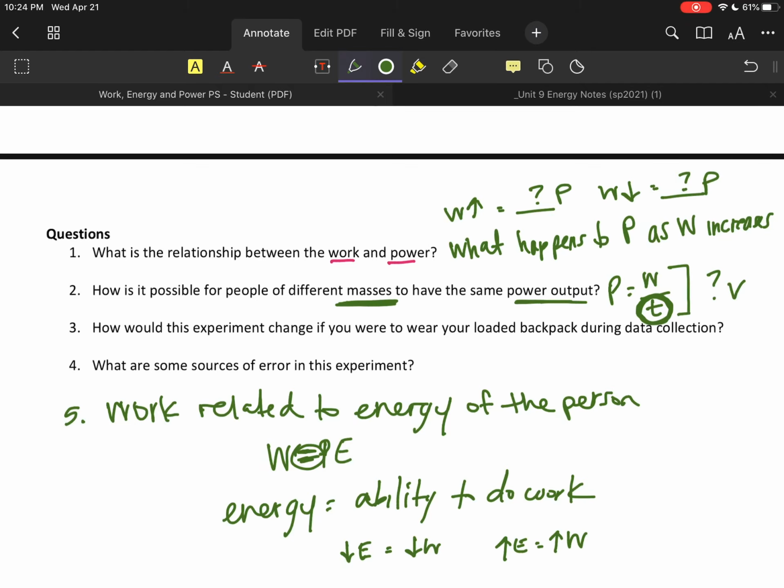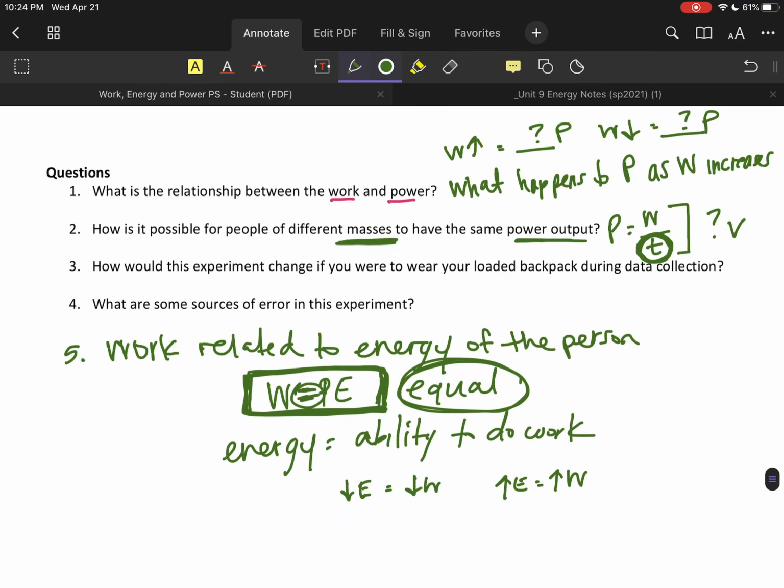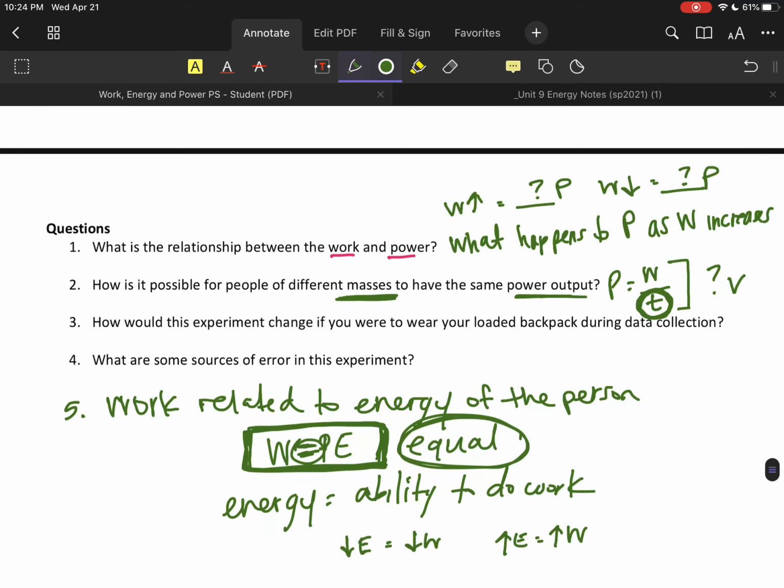That's going to be important when we go into building our roller coaster, so make sure you don't forget it. This could be a test question. How are these related to each other? Make sure you know that they are equal: equal work and energy. And I believe that is all for this lab. So once you've got it completed, make sure you